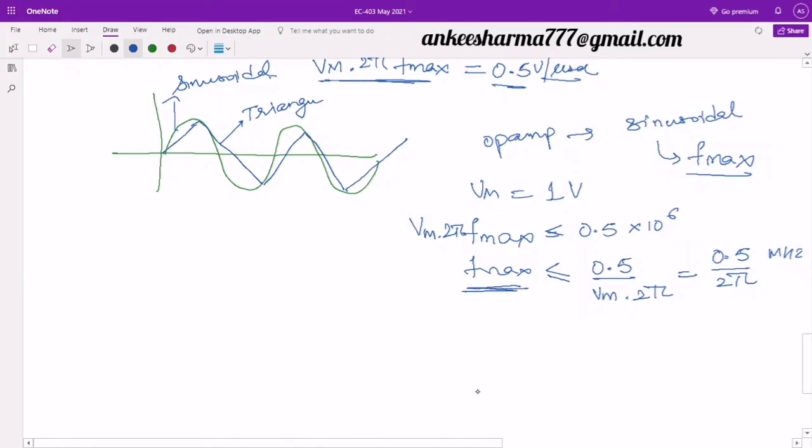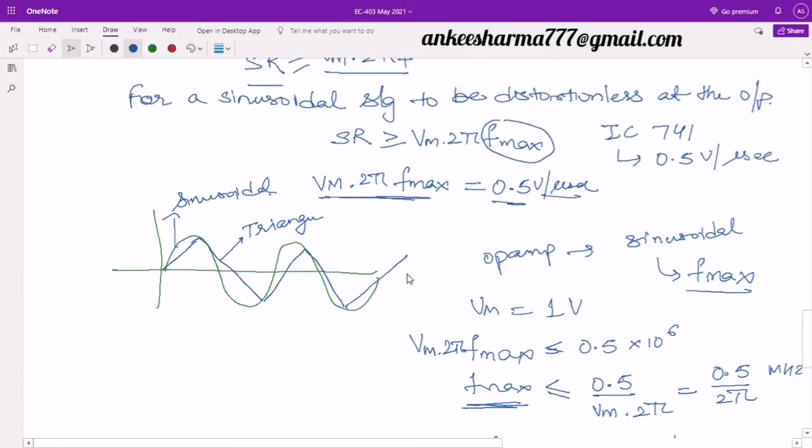So this is how we will define the frequency of that input signal. If I apply a frequency greater than that, definitely distortions will be there. I need to switch to better ICs, like there is one more IC, LF411. The slew rate of this IC is 15 volts per microsecond. So if I move from 741 to this one, my slew rate will increase, I will find a 15 volt change in 1 microsecond. Earlier it was only 0.5 volt in 1 microsecond, right? So this is how the different input signals are adjusted according to the slew rate of the operational amplifier.